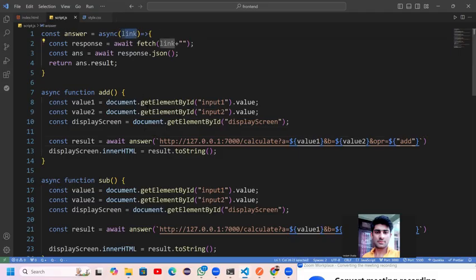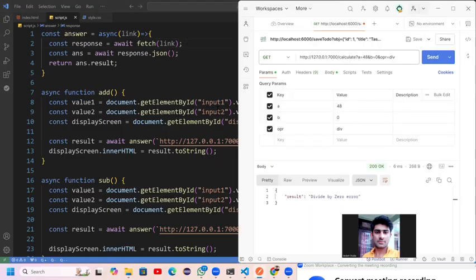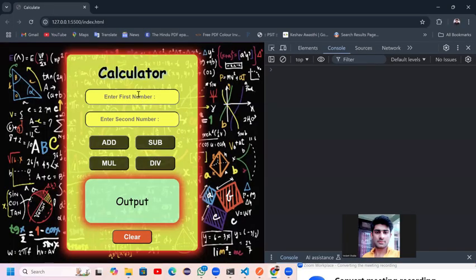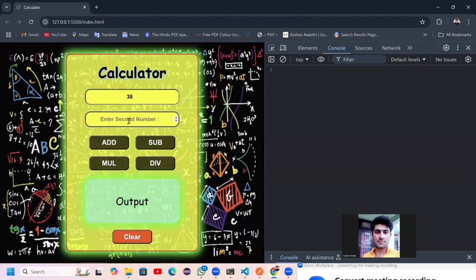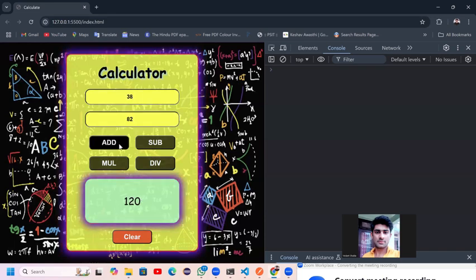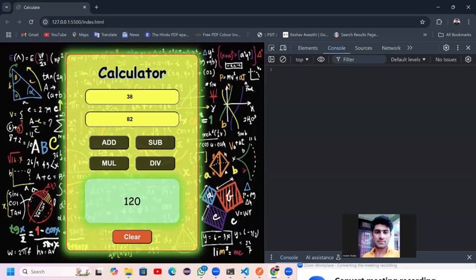अब ये लिंक यहाँ पे रिसीव होगी, क्योंकि आंसर नाम का फंक्शन मैंने कॉल किया है। फेच एक प्री डिफाइंड फंक्शन मुझको मिलता है जब मुझे सर्वर से बैकएंड से कोई चीज एक्सेस करनी होती है। तो फेच के अंदर हमने वही लिंक पेस्ट करी। आई थिंक यहाँ पे डबल कोट्स डालने की कोई जरूरत नहीं है, एक बार चेक कर लेते हैं। लेट्स से 38 एंड देन 22। हाँ, सही काम कर रहा है। तो यहाँ पे डबल कोट्स डालने की जरूरत नहीं, ऑलरेडी स्ट्रिंग में होगा।